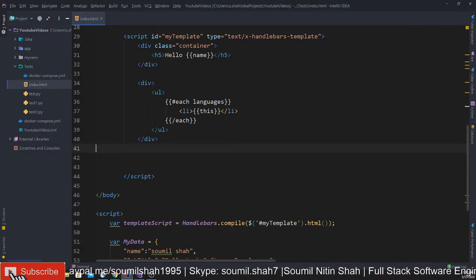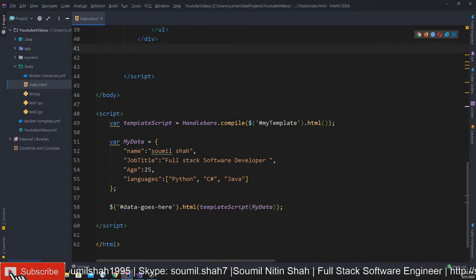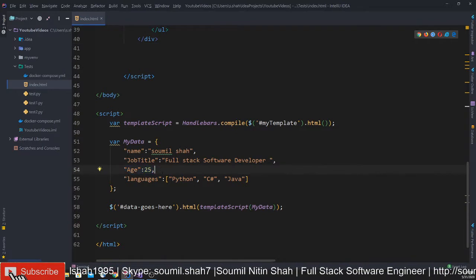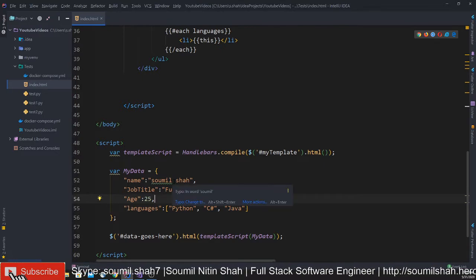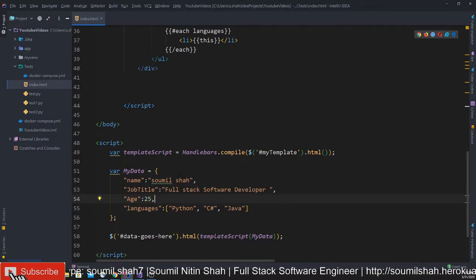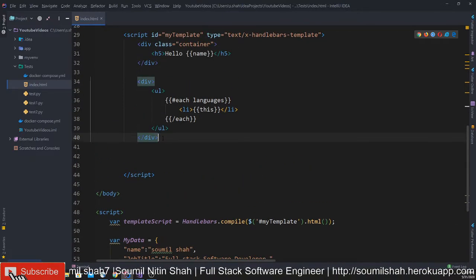Now, in order for you to use an if condition, you have to register a helper. What I mean by that, let me see here. I have an age here, right? So basically, I want to print a message on HTML. If the age is below 25, you are not allowed, you cannot drink. If you are above 25, you can party and you can drink. Now, how do we use custom if statements in handlebar.js?